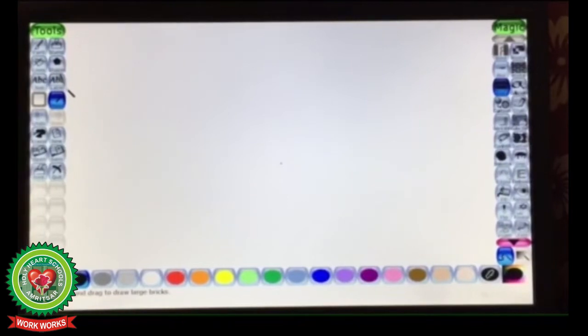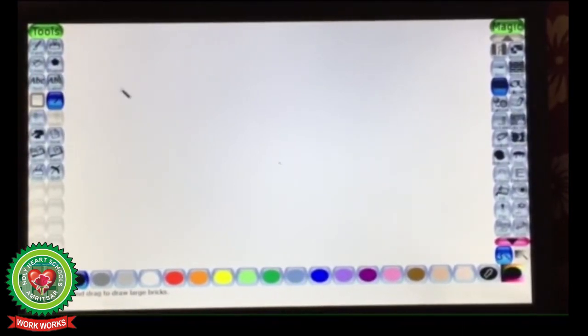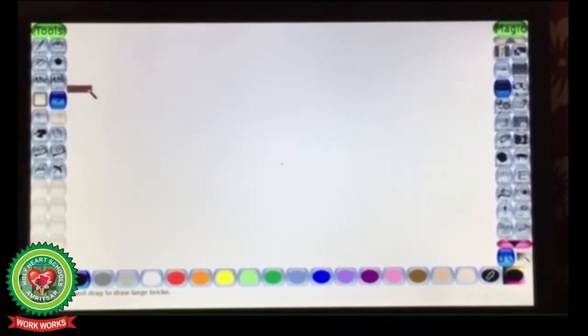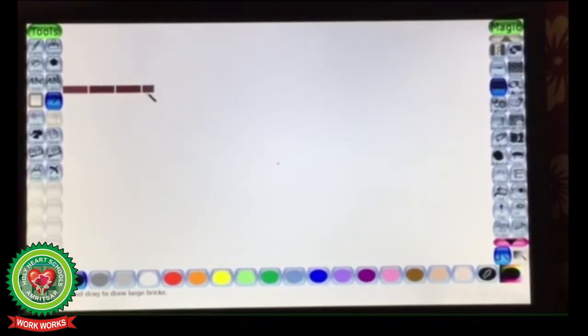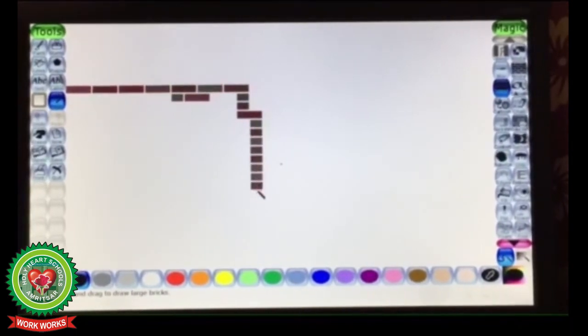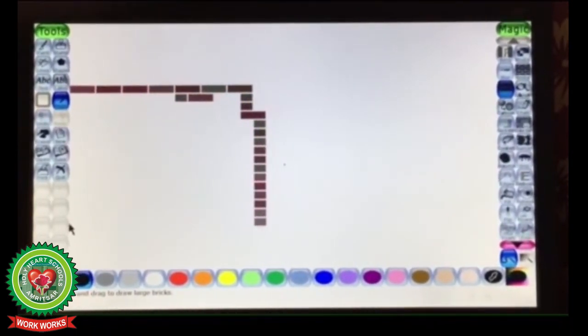Start making a wall. Come to Drawing area. Click on the left mouse button and start making bricks. Using bricks, we are going to make a wall.